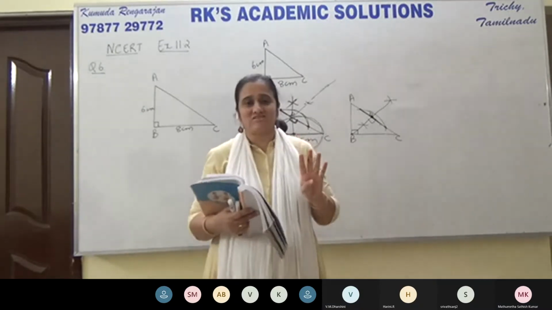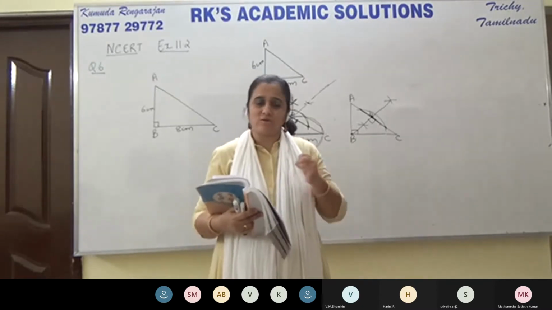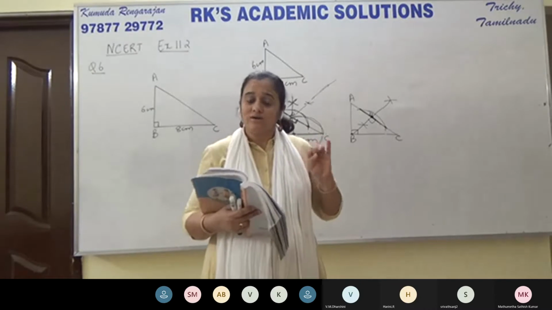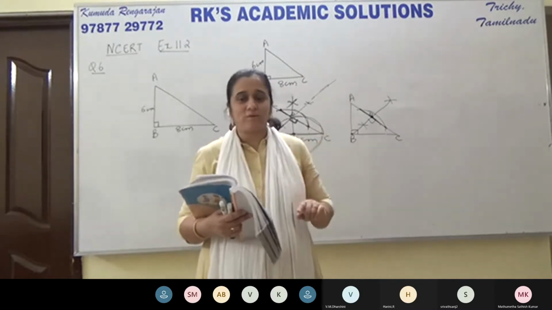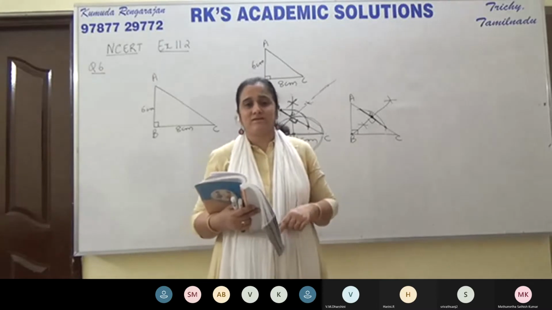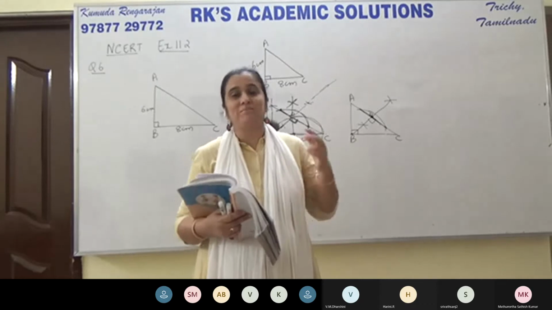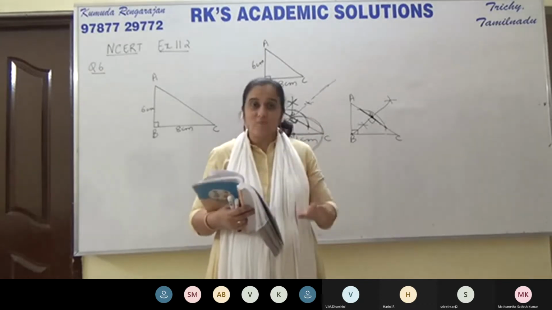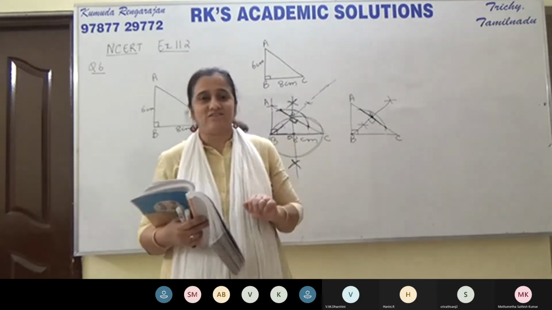So we have 4 instructions here. First is to draw the right triangle with the given information. That is easy for us. Then 2 is to draw BD perpendicular to AC. AC is the hypotenuse. Then after that, we have to draw a circle passing through the points B, C, and D. That's the third thing. Now, after having done all this, from A, we need to draw the tangents to the